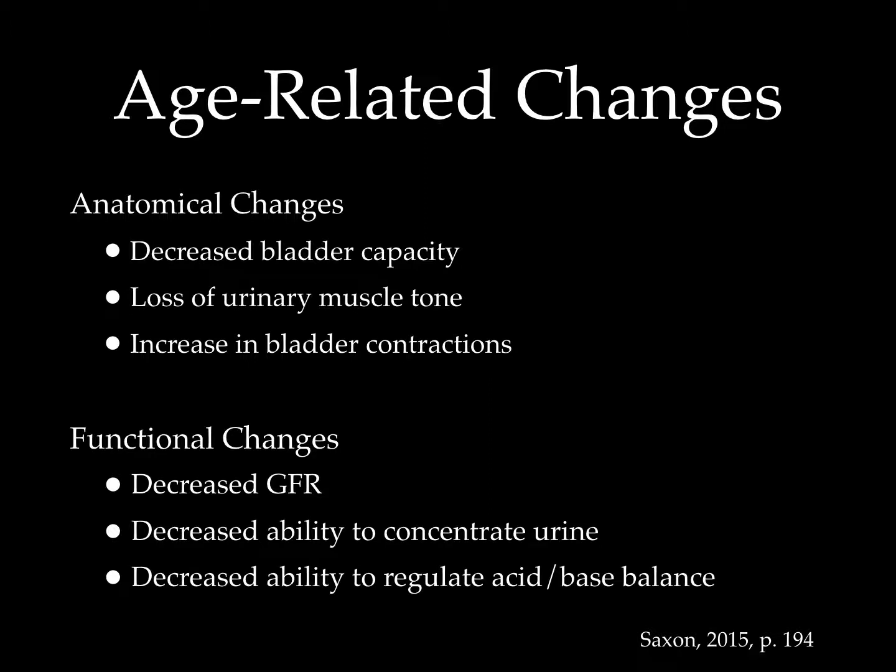But as we age, there are some changes that take place in the urinary system, both in structure and function. As we age, less urine can be stored in the bladder, so geriatric patients may have to urinate more frequently than others. The lower urinary system is highly muscular, and aging causes this muscle to lose strength and tone. An increase in bladder contractions can also cause frequent urination.